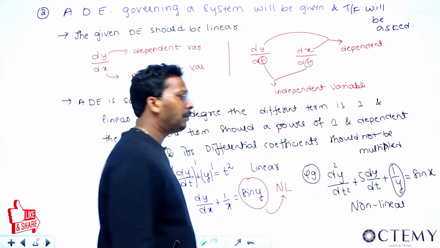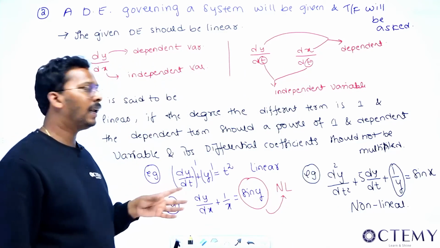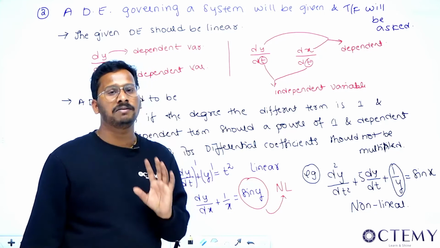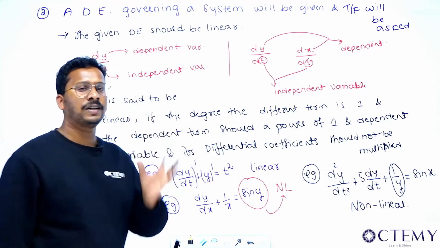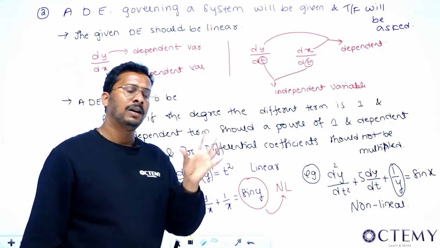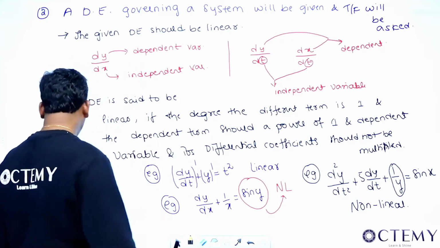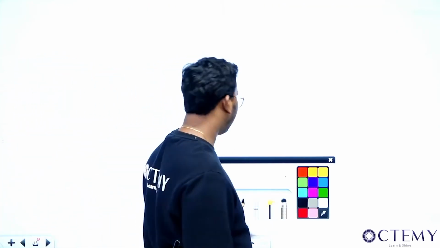So, there will be a system and a differential equation governing that system will be given to you and the transfer function will be asked. He will specify what is input, what is output, right? So you will have to make sure that the given differential equation is linear. If I give you a question like this,